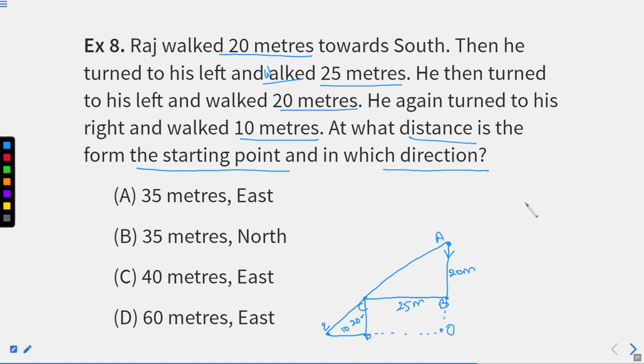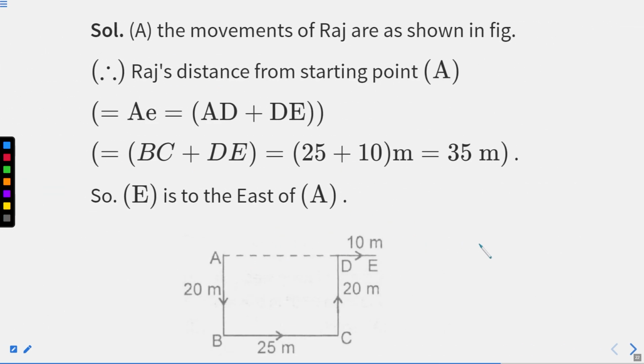So I'll draw a triangle here for you just to make it clear. The distance between this is point A, your starting point. This is point E, your last point. This is an imaginary point O. We know the distance. This is 40 meters, right? And this is 10 meters. 10 plus 25, that is 35 meters. Now we have to figure out this distance. So what we'll do for that, we'll look into the solution part, right?